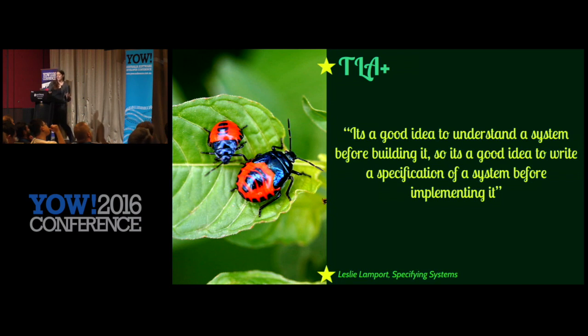Leslie Lamport also says in Specifying Systems, when talking about TLA+, just like it's a good idea to design your system before you build it, like we write a design doc, or if you're a test-driven developer, you might do TDD, and that's sort of your design for how the system should work. Whatever thinking about your project up front you do, specifying using TLA+ is another one. It will help clarify your understanding of the system and therefore expose bugs to you because you're being forced to think about this in a very rigorous manner, right? And so what they actually found in the Amazon paper is that they discovered a lot of these bugs by just writing the specifications.